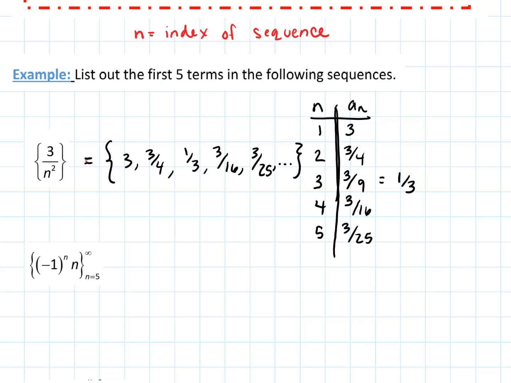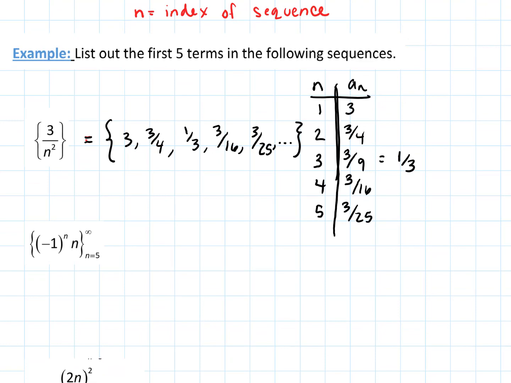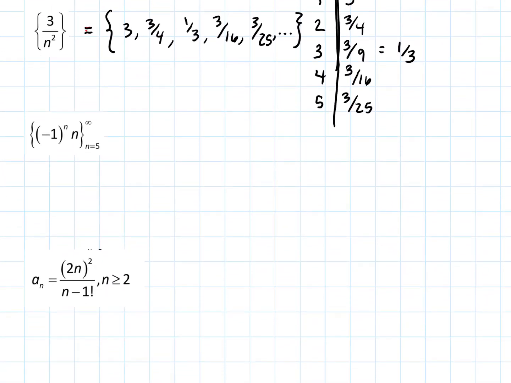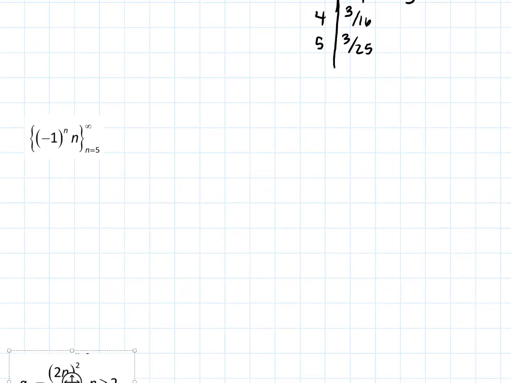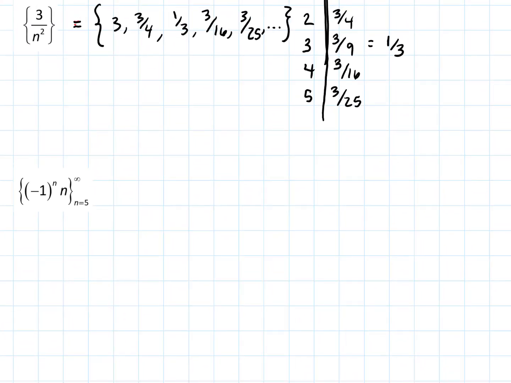Okay, and if we wanted to keep going, let's just do another one. I didn't give myself a lot of space here, so let's move that guy down just a little bit, and then we can move that one down even further. So then on this one, we've got -1 to the nth power. Notice on this one that we're actually going to start at n equals 5. So if I were to list this out, the table just makes it easy to keep things organized. So n, and then the a sub n term is -1 to the nth